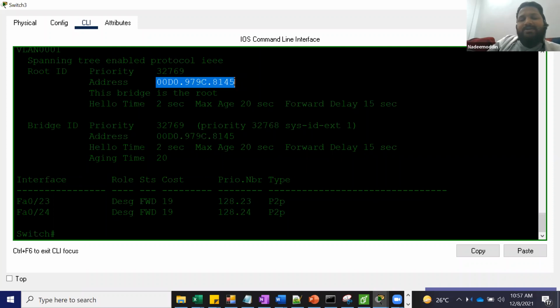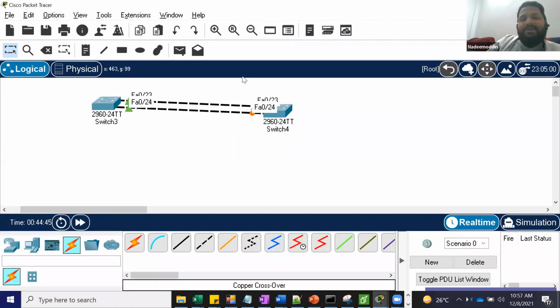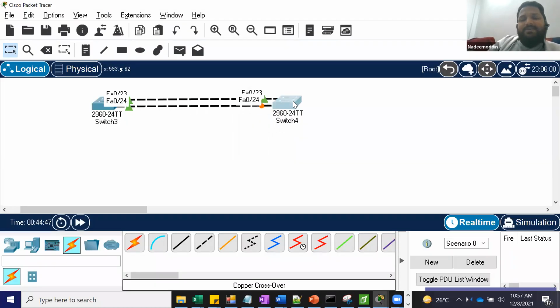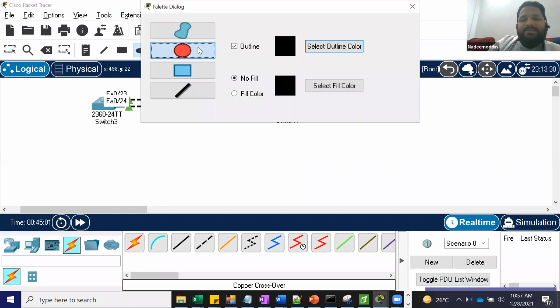If you want to make another switch the root bridge, then change the priority. Got it? So now what happened is, between these two switches, STP blocks one of the ports. So traffic will be forwarded only through port 23, which is FastEthernet, meaning 100 Mbps speed.